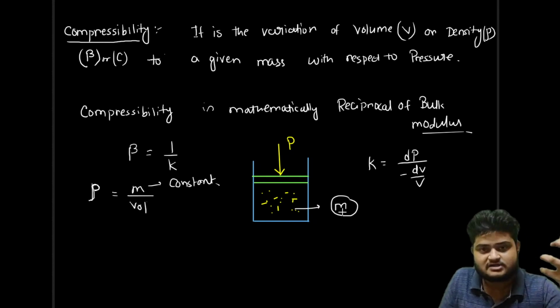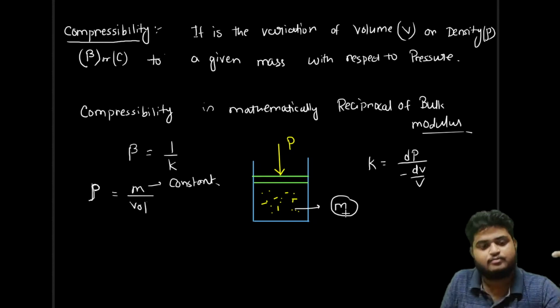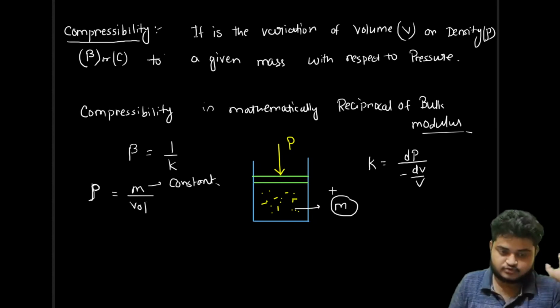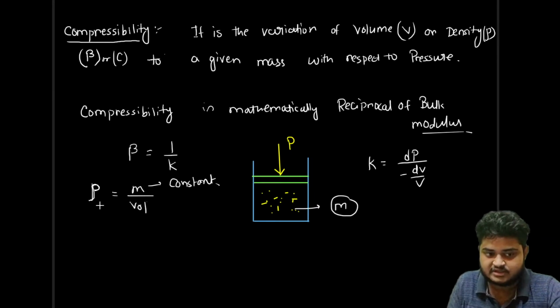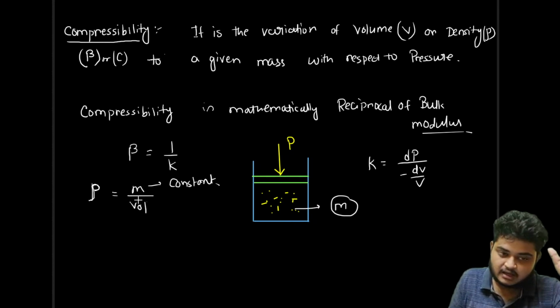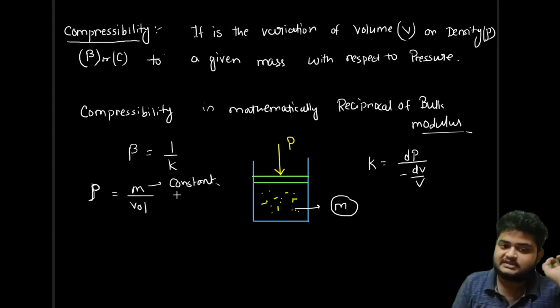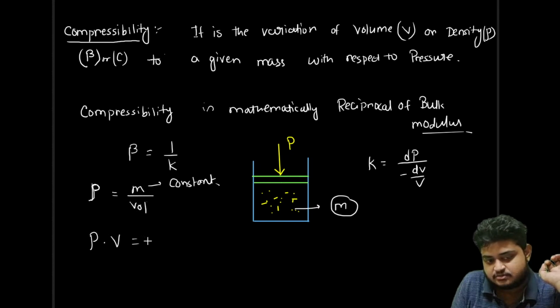ठीक है, फ्लूइड का जो मास है वो कांस्टेंट है, लेकिन with the increase of pressure the volume will be decreased, that we know. So we know the relationship, we know the definition of rho, that is density. What is density? Density is mass upon volume, but in this case the mass is constant. Okay, so this rho and this volume, if I multiply this, the mass will be constant,